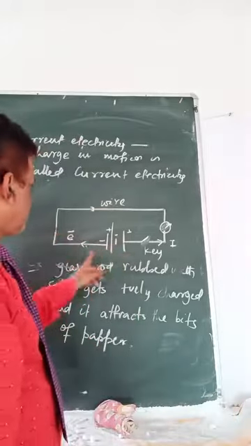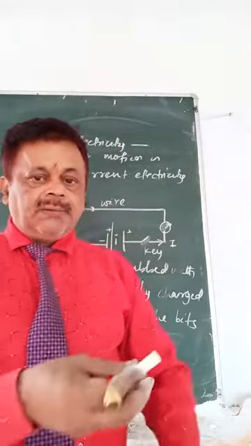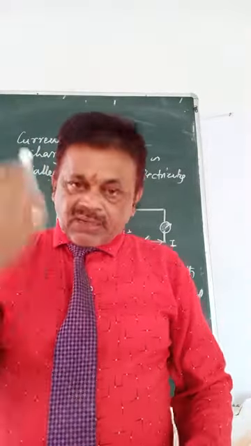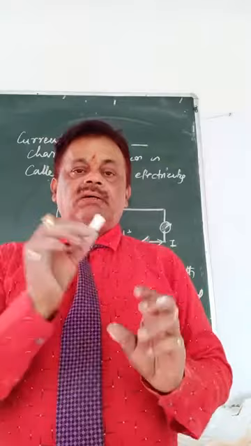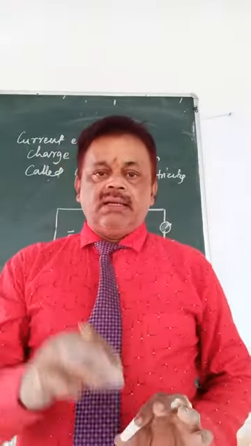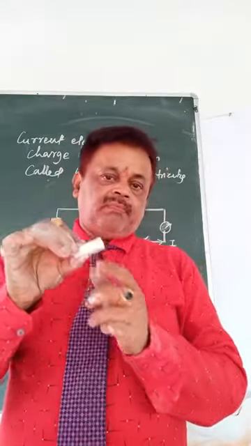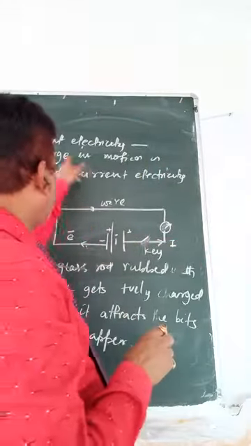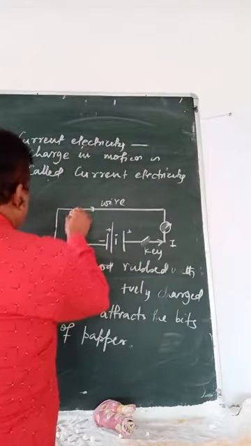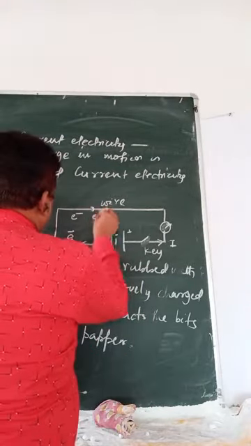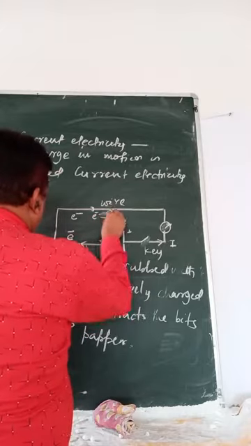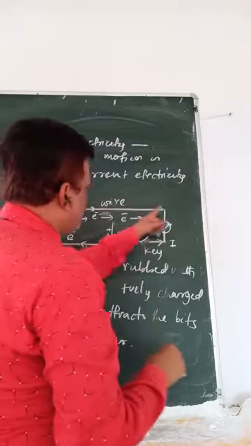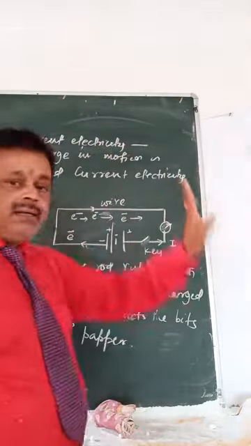Here the electrons are moving in a conductor. But here if I rub a pen and show it to the bits of paper, the paper gets attracted. That is called static electricity, electricity at rest. But where there is a flow of electrons, that will be called current. It means electrons are moving in the conductor, that is current electricity.